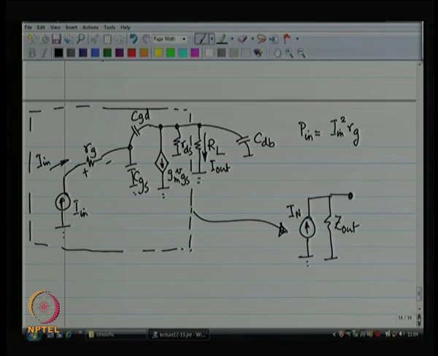Right. And how do you find out the Norton equivalent current? By doing the short circuit test. So, you short out the output and find out what the short circuit current is, and that will give you the Norton equivalent current. So, if I short out the current,